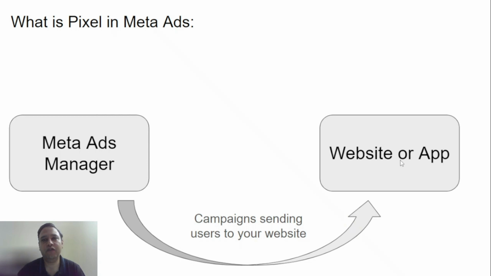For example, if you have created a campaign where you want to drive sales on your website, then once the campaign is live, your users will see your ad on Facebook and Instagram and they will click on your call to action button and land on your website. Now, for any ad campaign, it takes some time to optimize. For instance, if you have started a campaign today, right, and using that campaign, 100 people went on your website. So not all 100 people will buy your product on day one. Maybe only 1 or 2% might purchase your product, but your eventual goal is to drive 10 sales every day